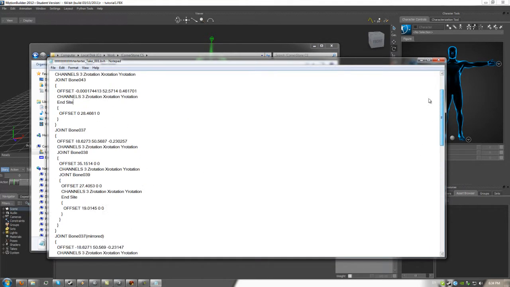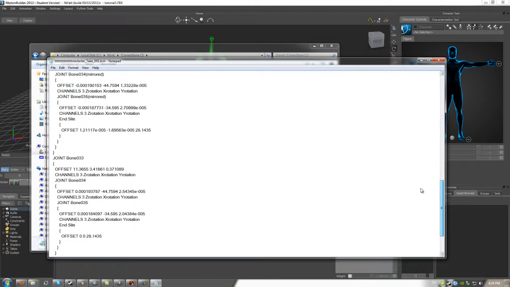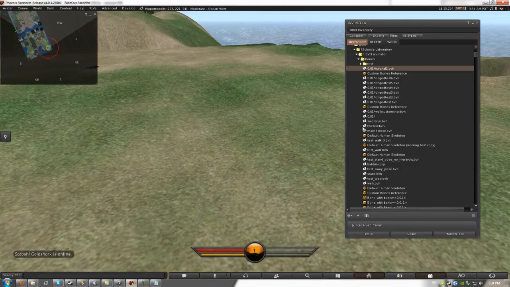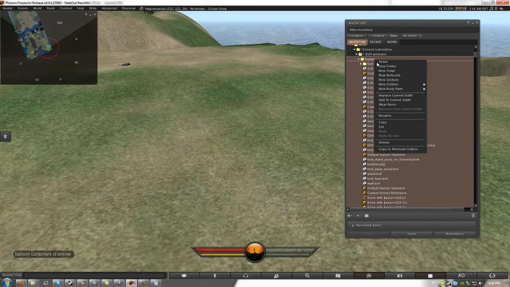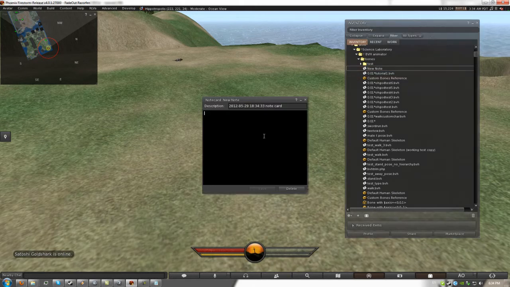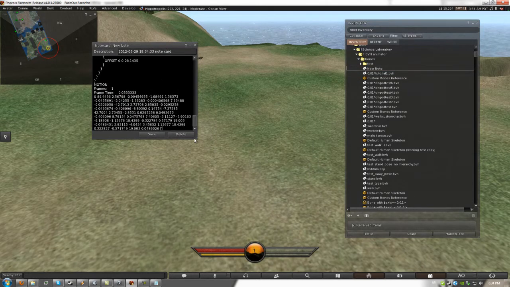You see, this is the BVH file itself. It's just text. So Ctrl A, Ctrl C to select all and copy it. Then we will create a new notecard in Second Life, press Ctrl V,